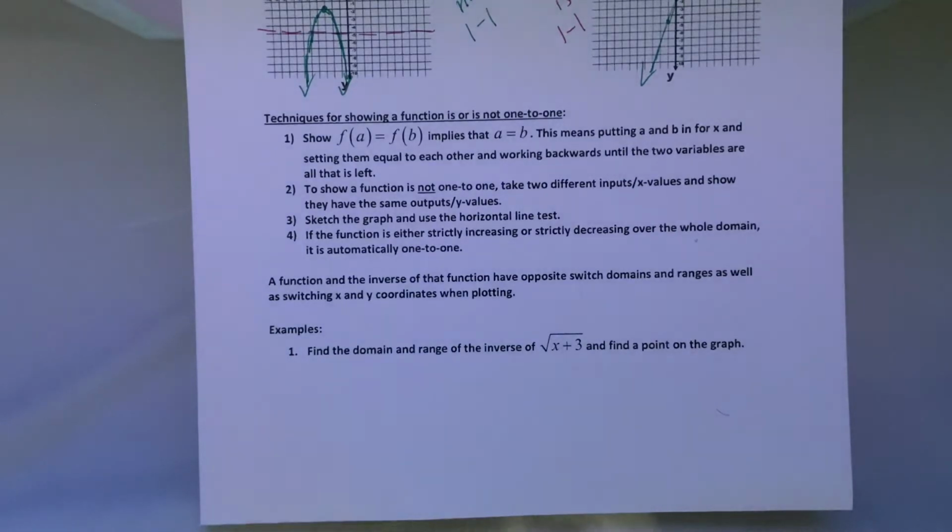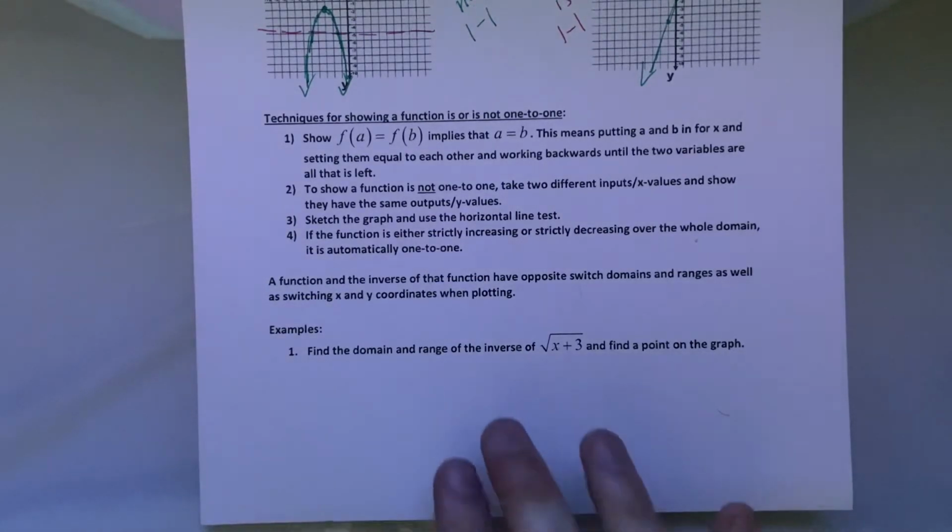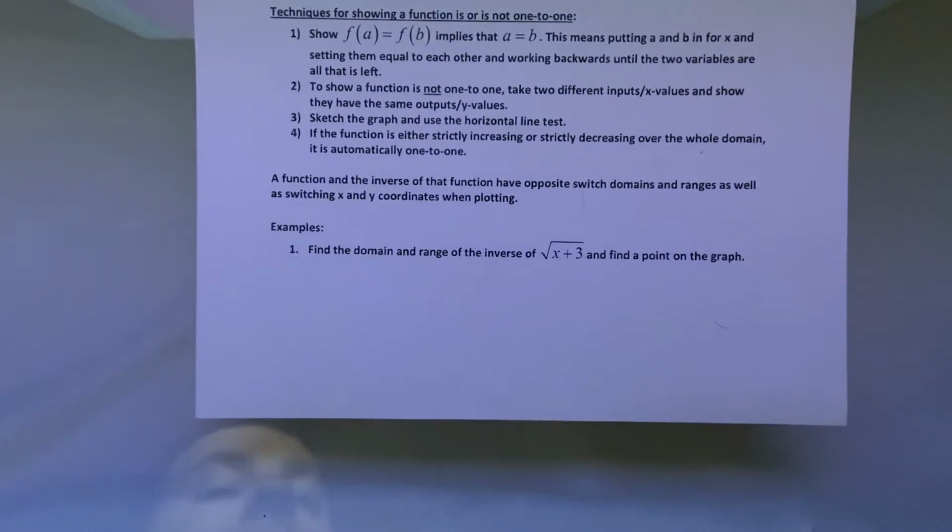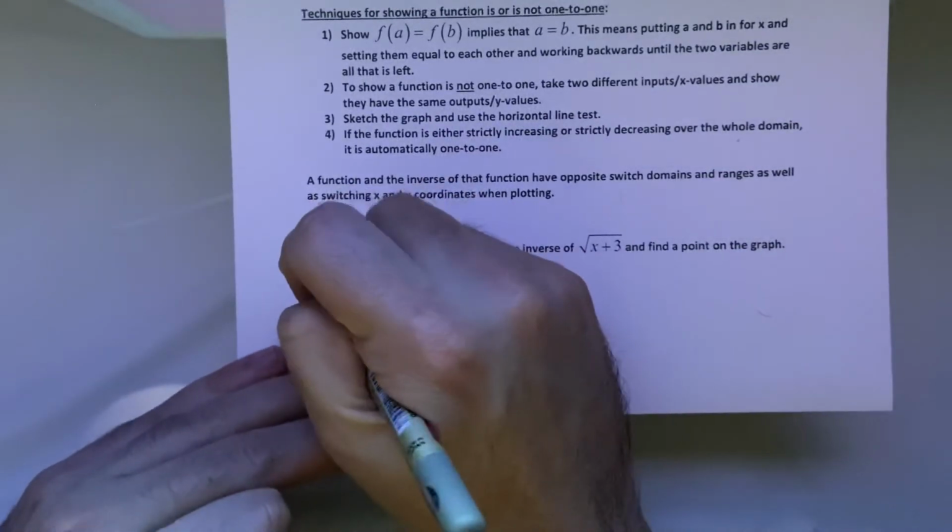Now, interesting fact about a function and its inverse. The inverse switches the x and y values from the original, switches the inputs and outputs, which means it also switches the domains and ranges. So when you have something like find the domain and range of the inverse and find a point on the graph, all of that comes from finding this information on the original. So for the original,